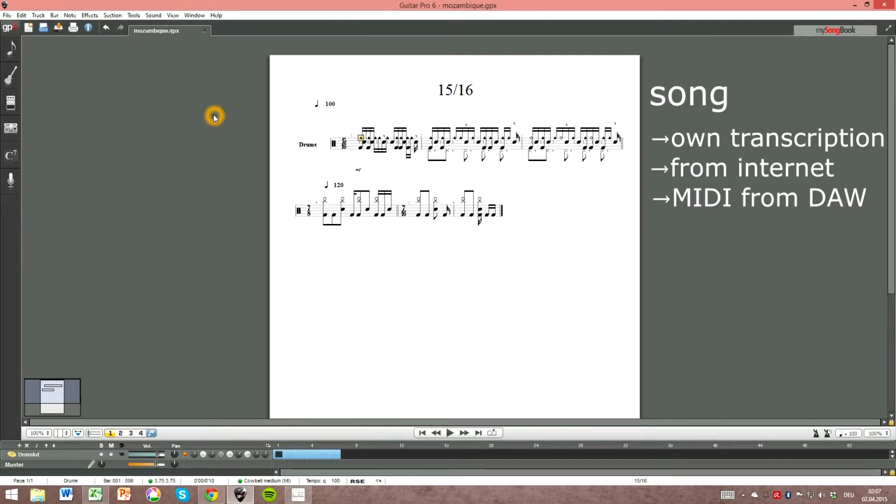There it will be quantized, but keep in mind that no tuplets will be generated during that process. That means if you know that there were triplets or quintuplets or stuff like that in your groove, you'll have to edit it afterwards. Another feature that has been added with an update is My Songbook, to be found up